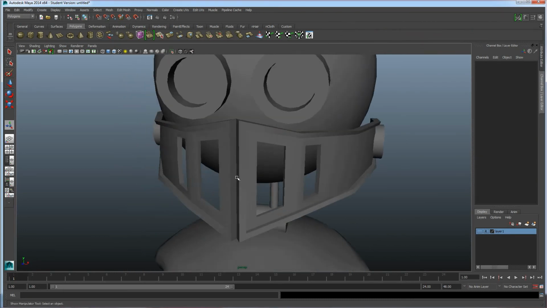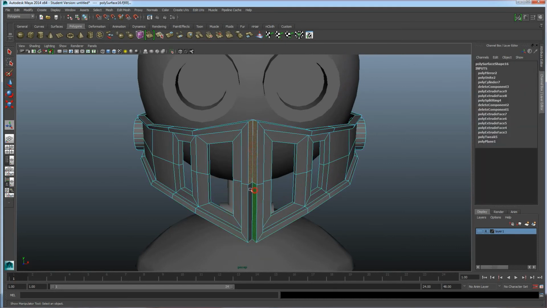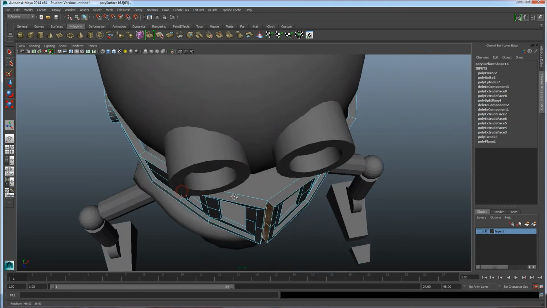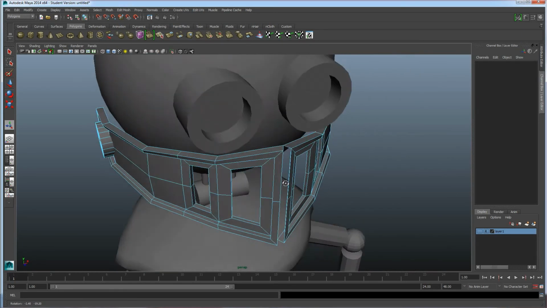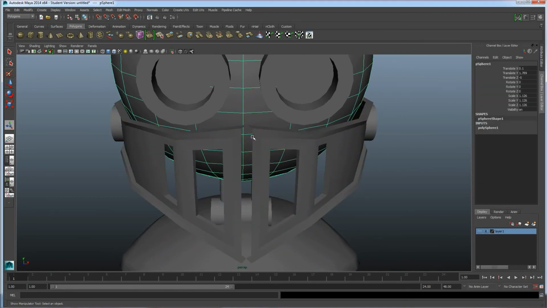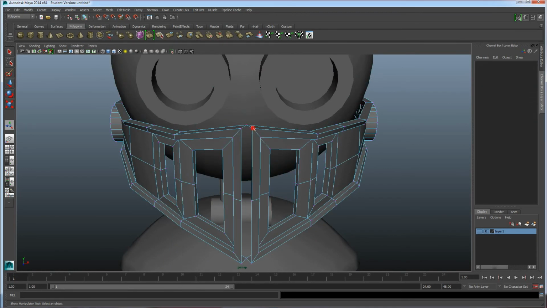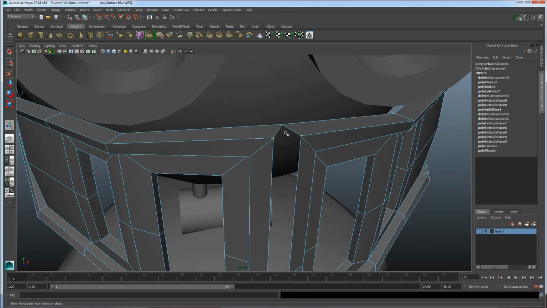So if I want to get rid of that crease, just click on this guy, go to face mode, and delete out these middle faces that are kind of in the crevice area. Press delete on the keyboard, and that puts a hole in his mask. The last thing is go to vertex mode, and I'm going to take this vertex and this one by holding shift to grab two of them, and I want to merge these together. So if we go over to mesh,